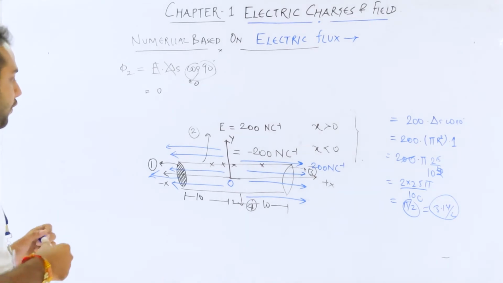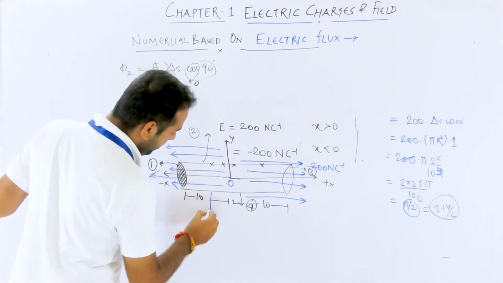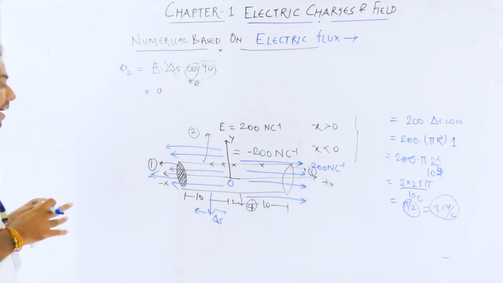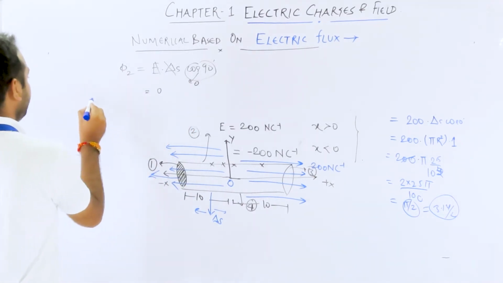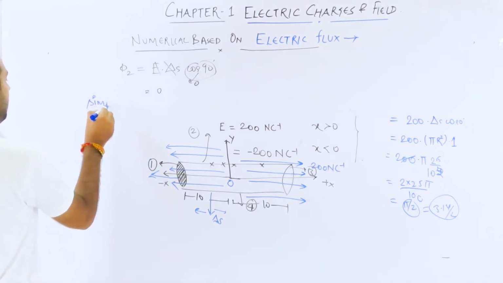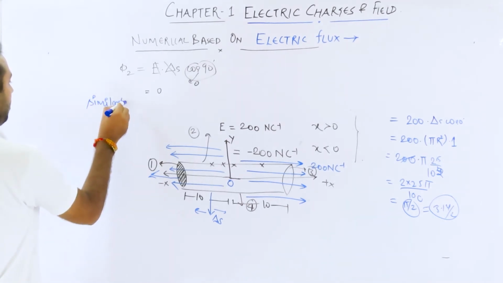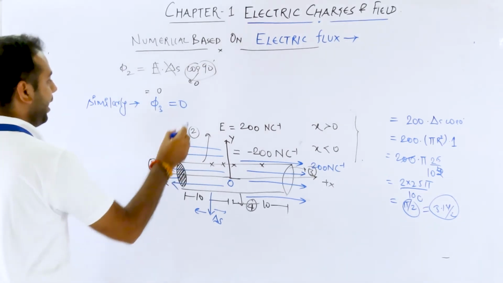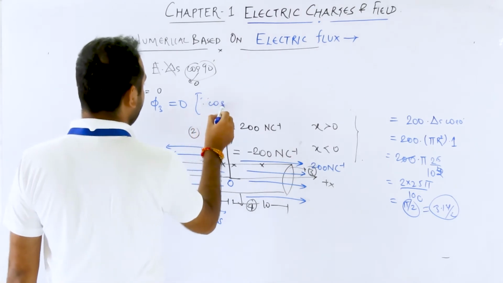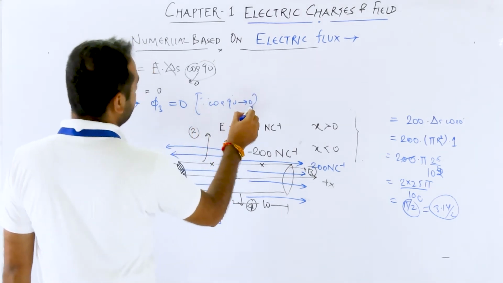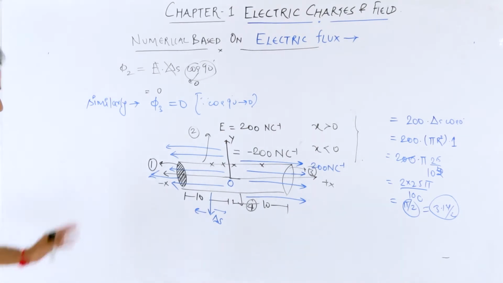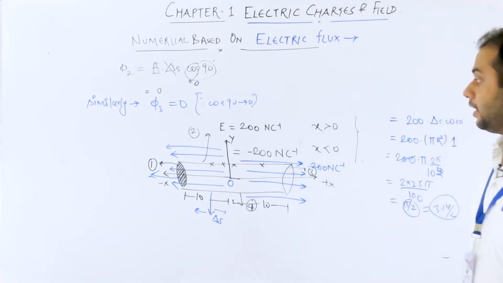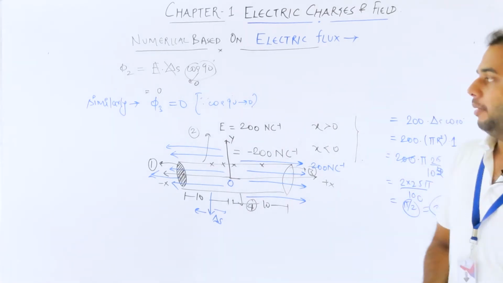Okay. What about the phase number 3? Surface 3. Area vector would be like this. Electric field is always either this or this. Angle is always 90 degree. Similarly, phi 3 comes out to be 0 again. Why? Because cos 90 vanishes. Okay. So we have calculated electric flux from the individual surfaces, like from surface number 1, surface number 2 and surface number 4. What about surface number 3?